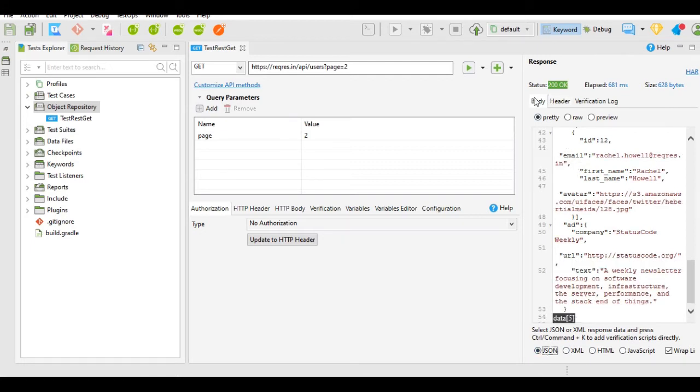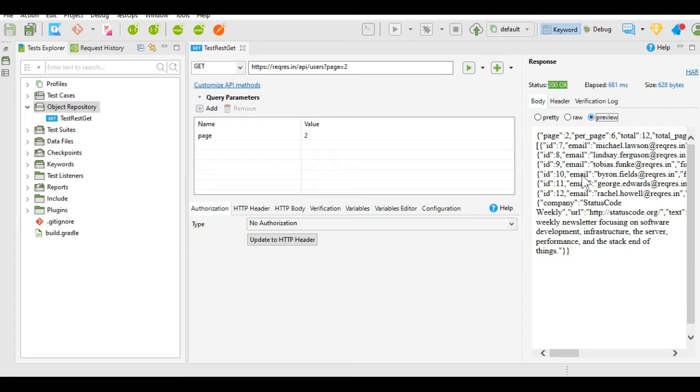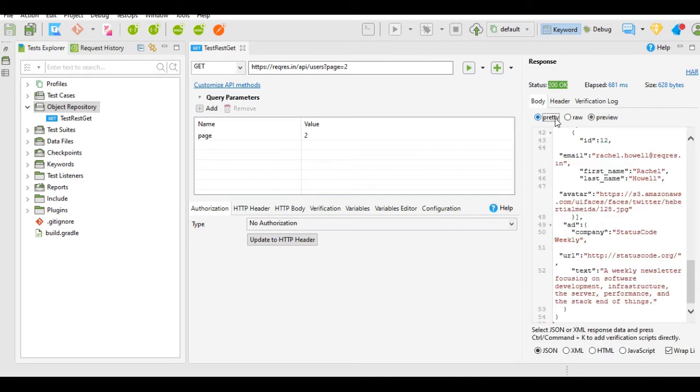Then this is the body tab, wherein the response is shown in the pretty format. You can view it in a raw format or a preview format. Preview format is the same as what we have seen after clicking on the request on the reqres.in website.